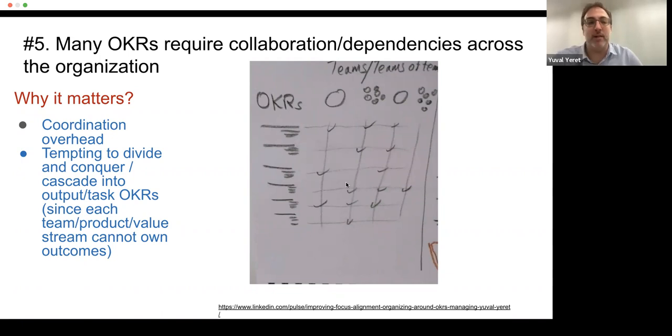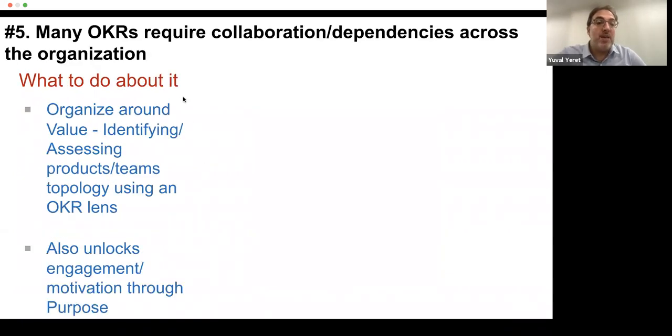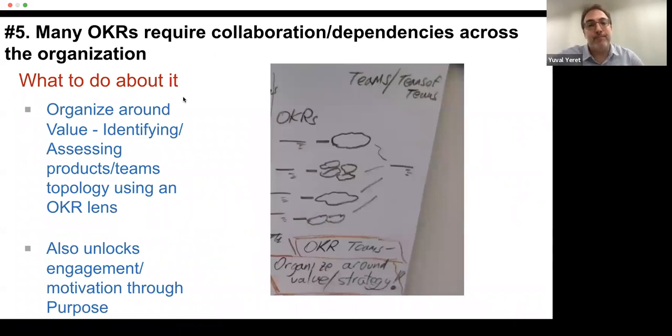So one option is to divide and conquer. Another option is to maybe organize around value. Organize around the fact that, okay, we have a set of OKRs that require coordination across functions. Can we create what we call stream-aligned teams that would have people from these different functions that really have all they need in order to work towards these outcomes together, to collaborate towards these outcomes? Can we let these people work in an empowered, decentralized fashion without always going up to their leads?